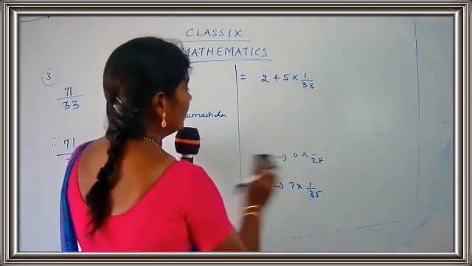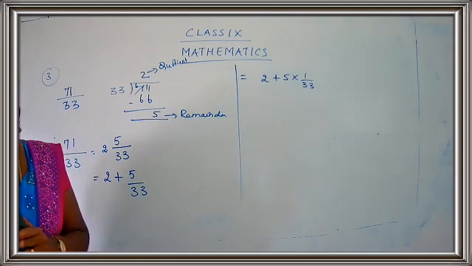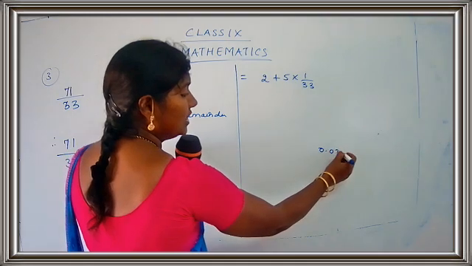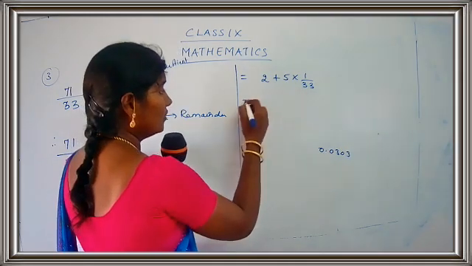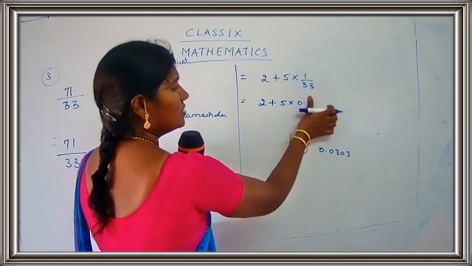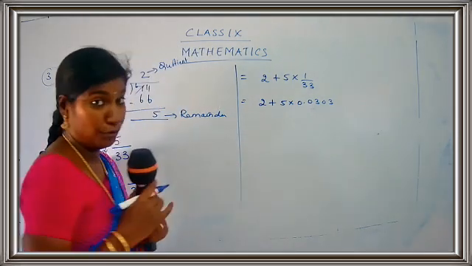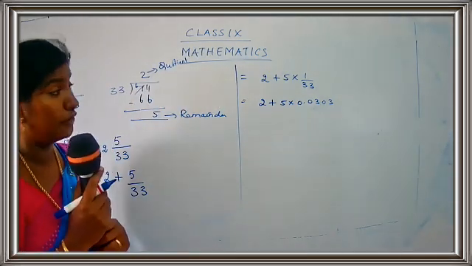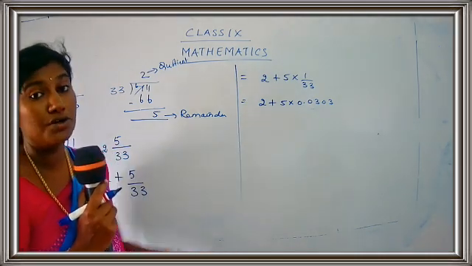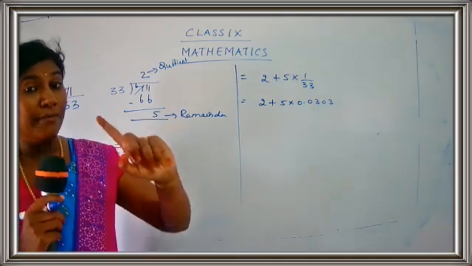Okay. Now, I have got the value for 1 upon 33. What was the value for 1 upon 33, children? We have already found it. Yes. What was it? 0.0303 and so on. So just write down 2 plus 5 into 0.0303. I have told you what are the first operations that you have to perform here. You have addition, you have multiplication. So what should be done first? Multiplication. Do not add, children. There you will make a mistake.